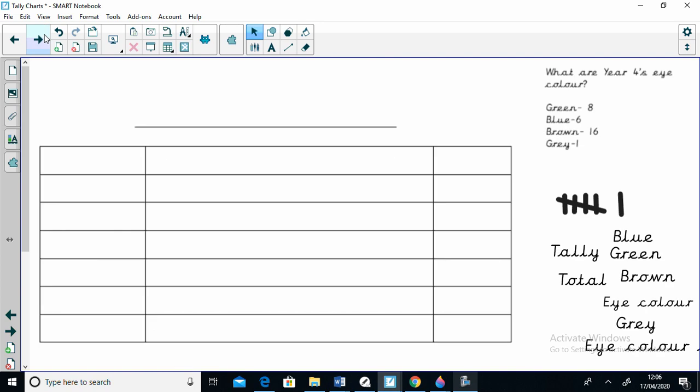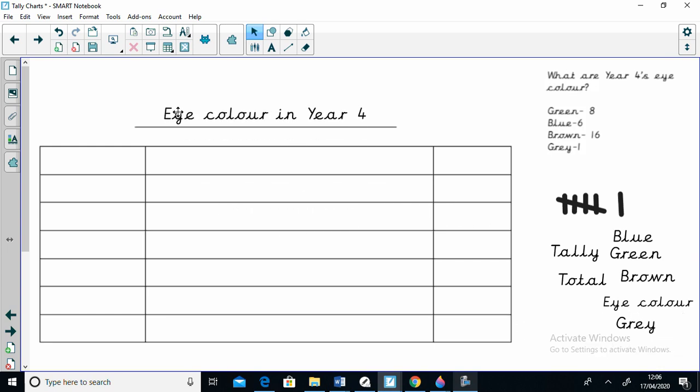Now, you've been given a blank tally chart like this. Your job is to take the data that you're interested in and turn it into a completed tally chart. The first thing you need to think about is a title. The title explains what the information in the tally chart shows. So my title is Eye Colour in Year 4,